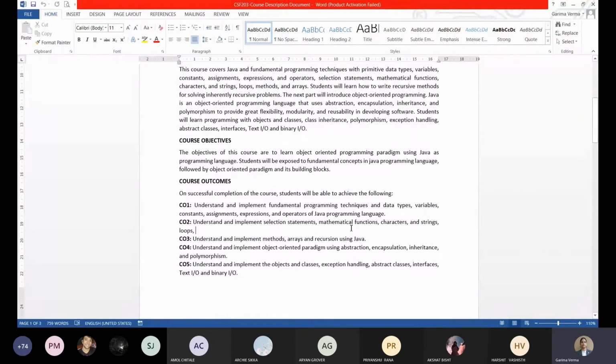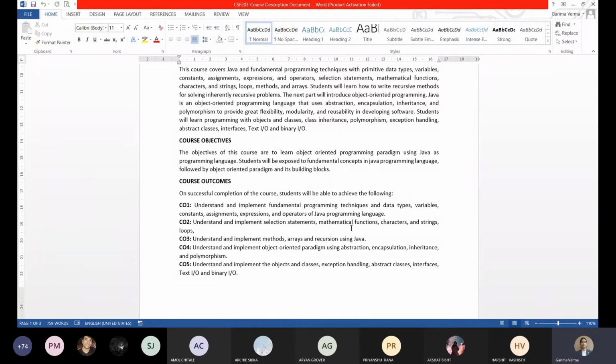Now in the second unit, you will have introduction to the library functions of Java, in which we'll focus mainly on 2 libraries. One is the math library, like how you can use the library functions for the mathematical calculations. And another library that we are going to use is the string.